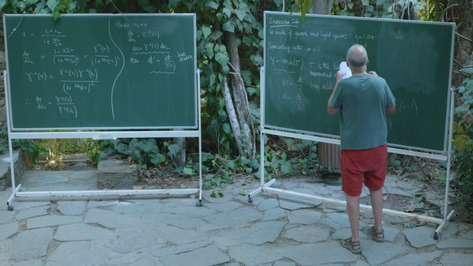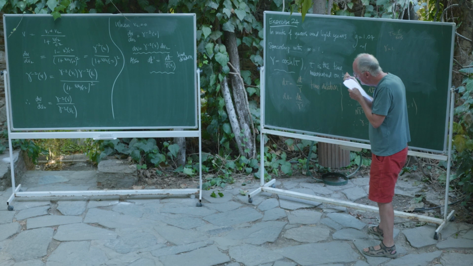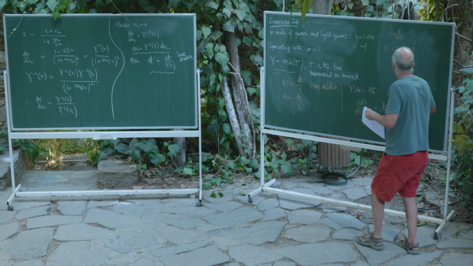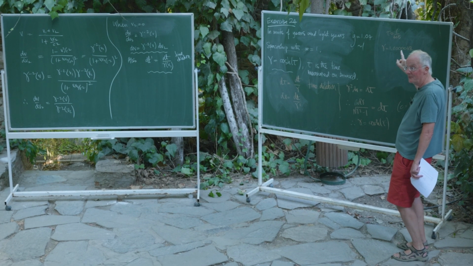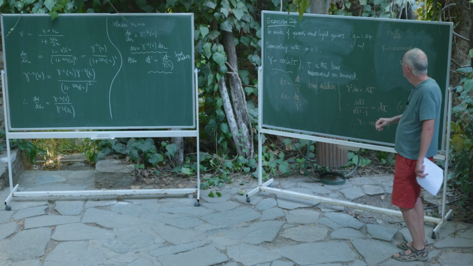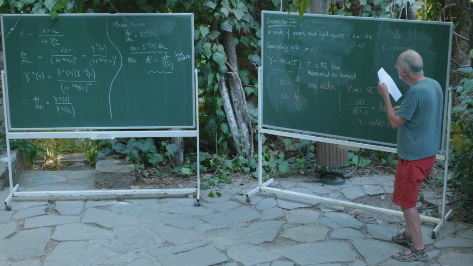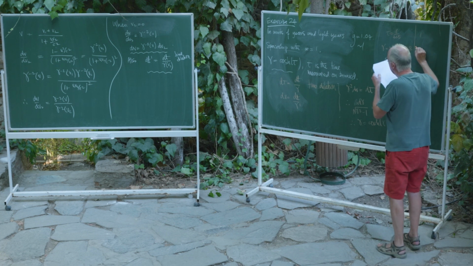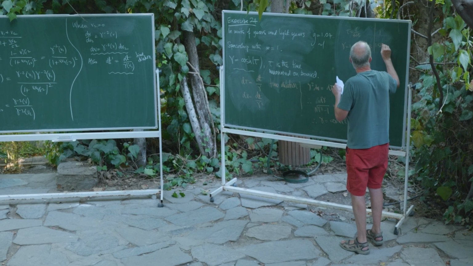Well, if you ask a machine, it tells you that gamma is 1 point, crikey, how many zeros? 1, 2, 3, 4, 5, 3, 8. So after a day, the gamma factor has hardly changed. So you're accelerating at 1g, and after a day, not much has happened. After a year, so tau is now 1, the gamma factor has now changed. It comes to 1.5, so still not huge. 1.5431.